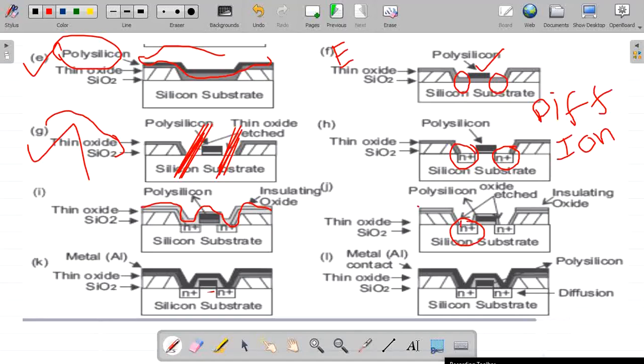we need to provide a metal contact. If we provide a metal contact, then the device will be safe. If any larger or higher voltages occur, then our devices will be safe. So I need to provide a metal contact here.